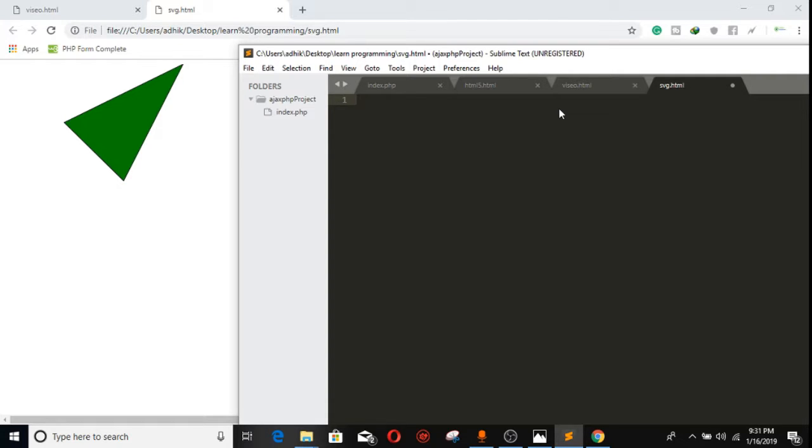Okay, new SVG, and put the width of 1000 and height of 250. Okay, save it